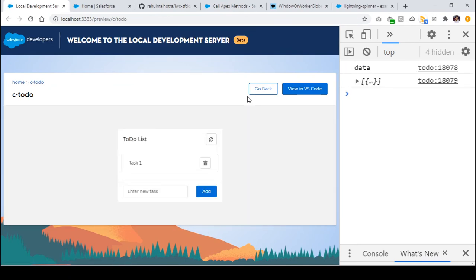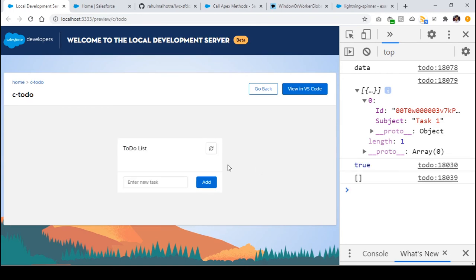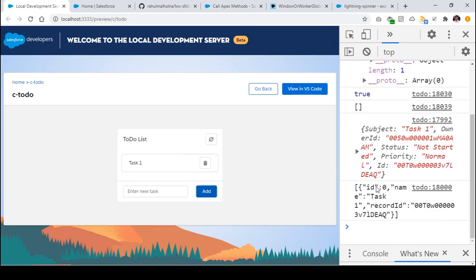Okay, so I have a single element in the list which is coming as this. It is having an ID 0 and the subject is coming. I am deleting this. My array is empty, and I am adding another element to the list. So it is now coming as ID 0, task 1, and record ID this, right? So I think this is now fine because it is taking the ID as 0 when the last element in the list is not defined.